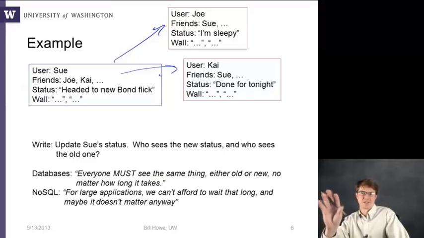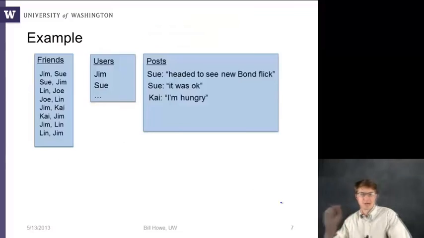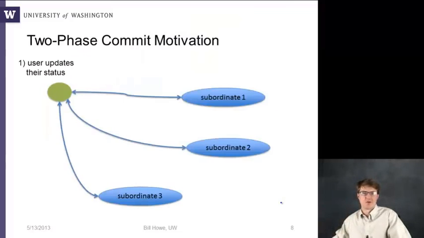Now, I don't mean to say that the term NoSQL only suggests these transaction models. It also suggests a weaker data model and so on, and we'll talk a little bit about that. But I want this point to come across because this is one of the key ideas. Okay. How did databases solve this problem, or why did they take so long? Well, there's a